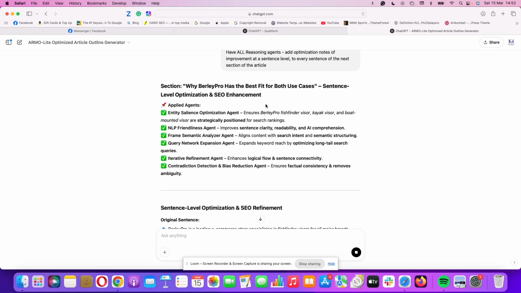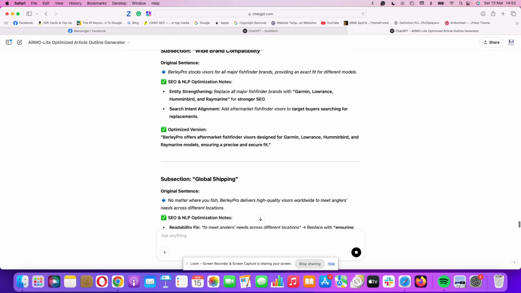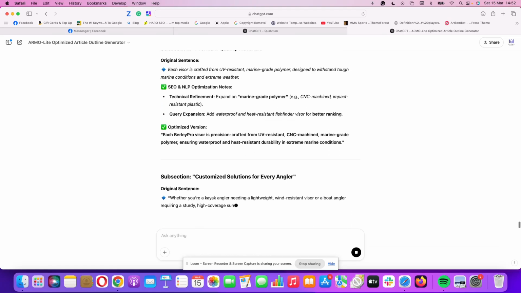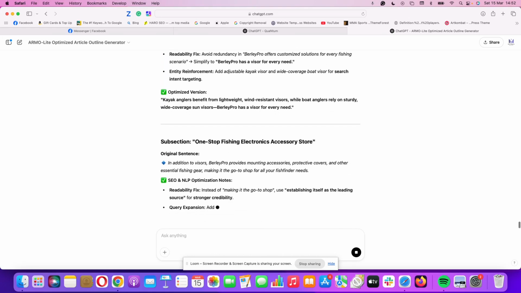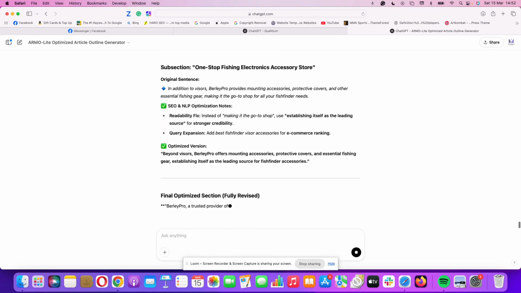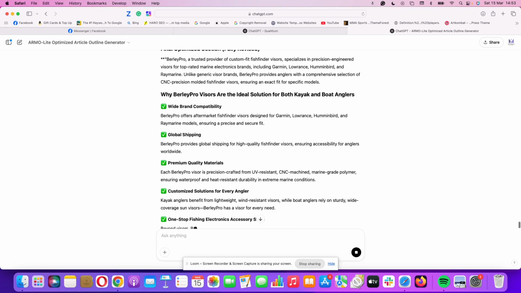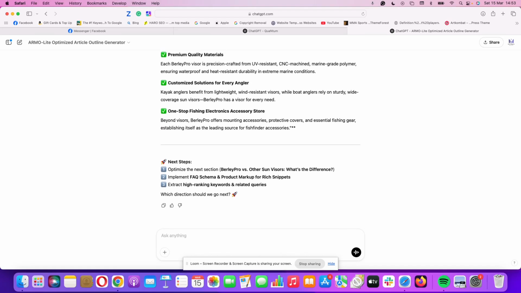So how long is this article? How many sections have you got? It was a good paste anyway. But I'll probably stop this video here, because this is just going to be boring for us now. You get the idea. Use ARMO-Lite. It's an article outline generator, but it is also an article writer, if you know how to ask it. Every GPT is an article writer. No matter what it says on the box, you just ask it to write an article, it'll do it. But this actually has agents that